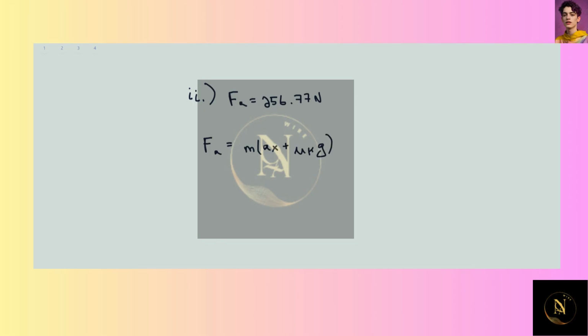We're using mu k now because we're moving now. We can solve this for a x. And remember, we're not plugging in 9.8 for g because we're still on the moon in this part. When we plug in all these knowns, we get that a x is equal to 1.9 meters per second squared. So it's moving a little faster this time around because gravity's a little weaker. And that's the final